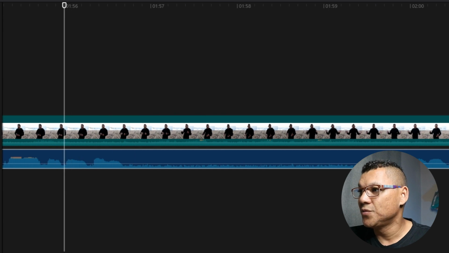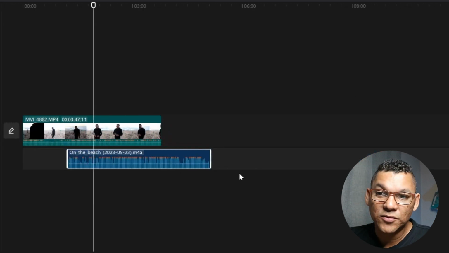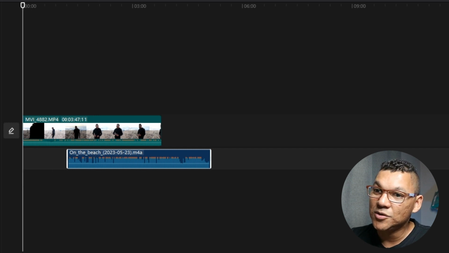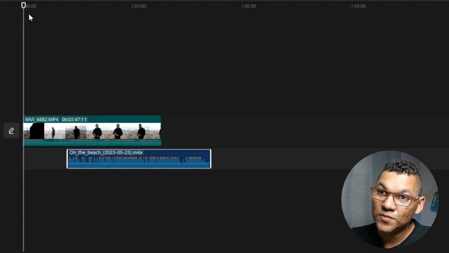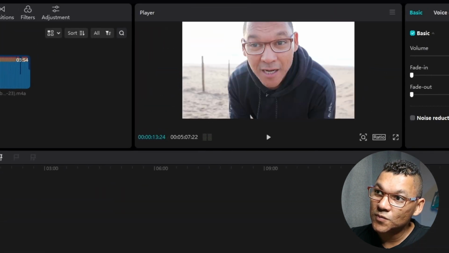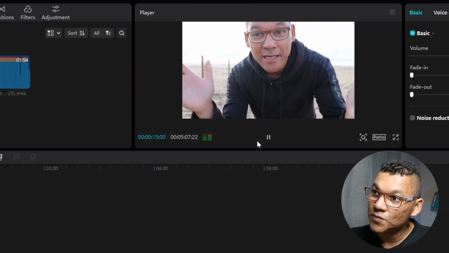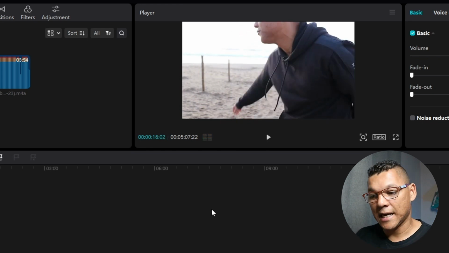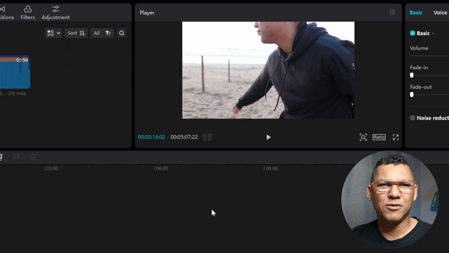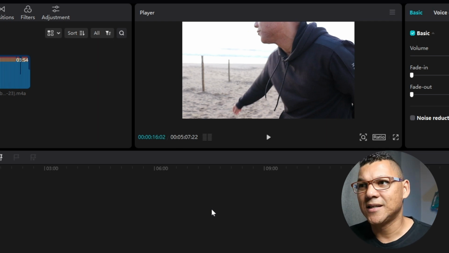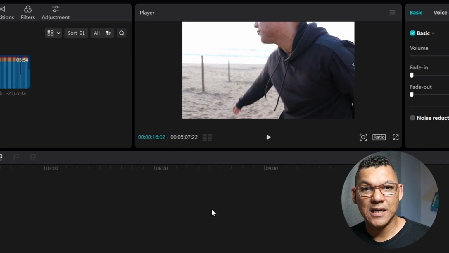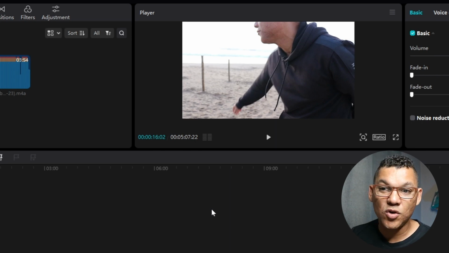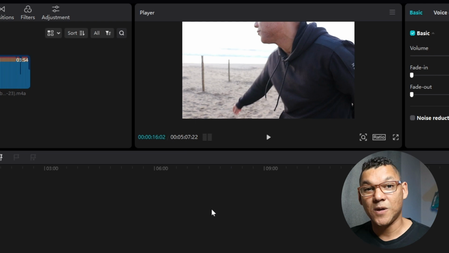What I like to do is, in the beginning of any recording, I will clap my hands. So you'll see me do it in this track over here. 1, 2, 3. That's me trying to create a peak point, or whatever the technical word is. I have no idea. It's just trying to create a spike in the audio for both the video as well as the recording that I'm doing,